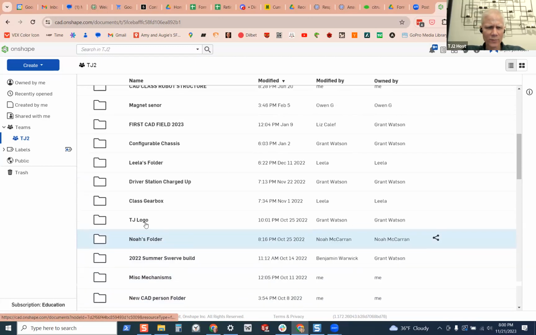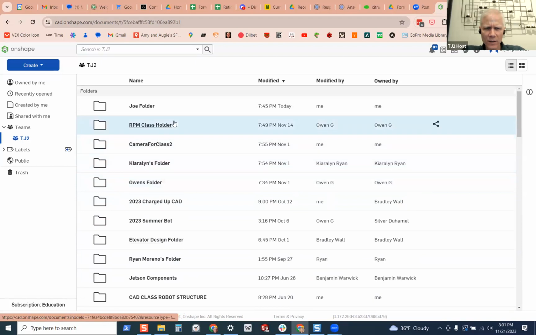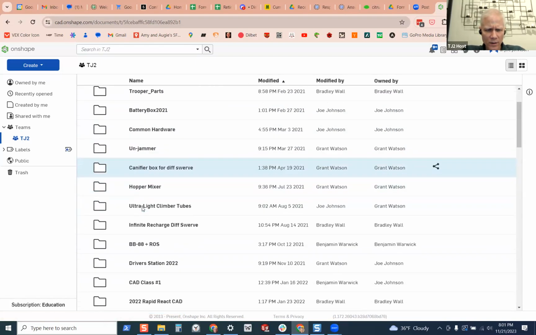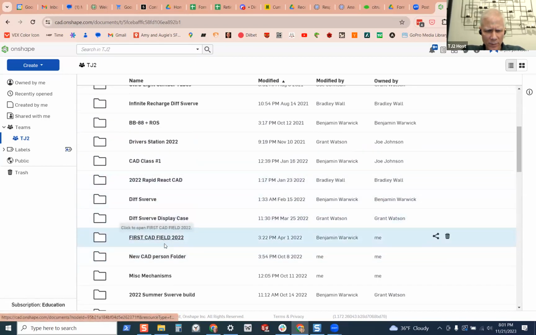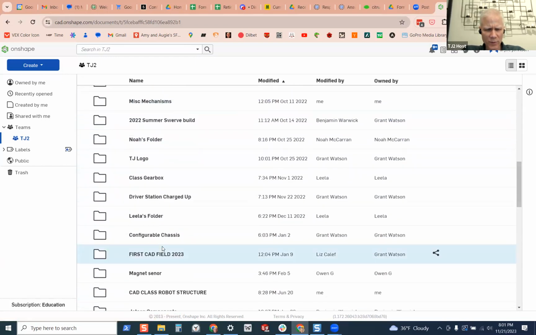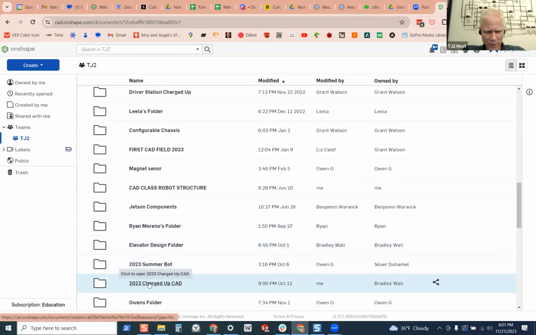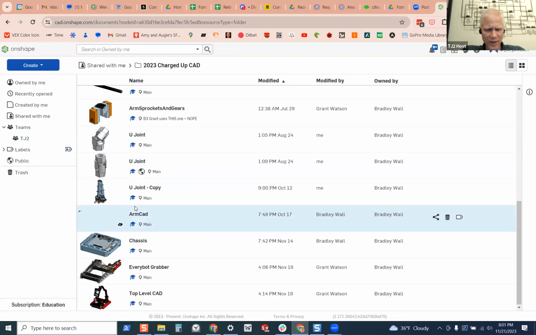What was the robot from last year? I don't remember the name of it. Rapid React, Summer Swerve. 2023, so there's the fail. Where is 23, not Summer Robot, 2023 Charged Up CAD. Okay, if I open the top level on that one,